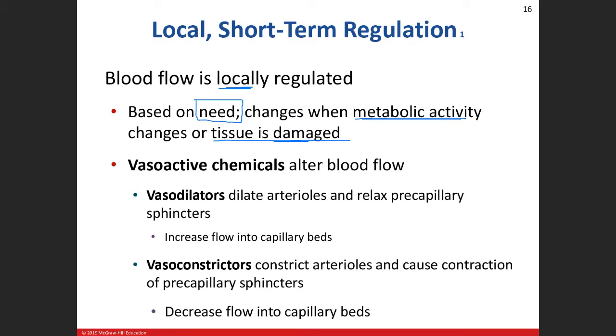So we're going to do this with some chemicals. We have two classifications of chemicals. We have vasodilators, which affect the lumen. Here's your blood vessel. The inside is the lumen. I think we all know that, right? The lumen is the inside space, and that's where the blood flows. So vasodilators will increase the lumen, and vasoconstrictors will decrease the lumen. When we talk about the arterioles, these vasodilators will dilate the arterioles, increasing the flow there, and they'll also relax